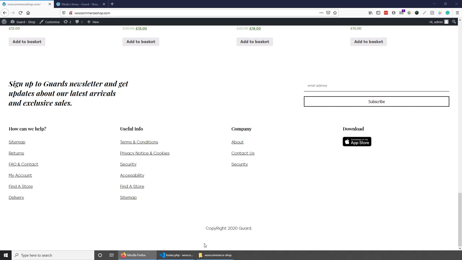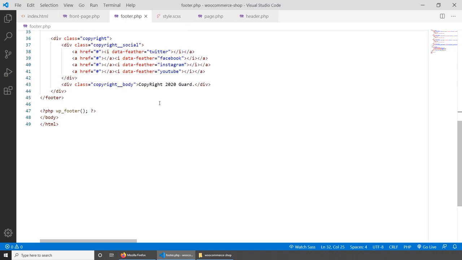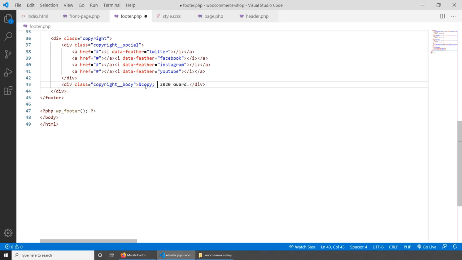And last but not least, in here we might want to change the year to be dynamic, and to do this we can go back to the footer, and where we have copyright, let's change this to an HTML one, so ampersand copy like this, and then we can get the date with PHP, so PHP echo date, and this will be Y as year like this,